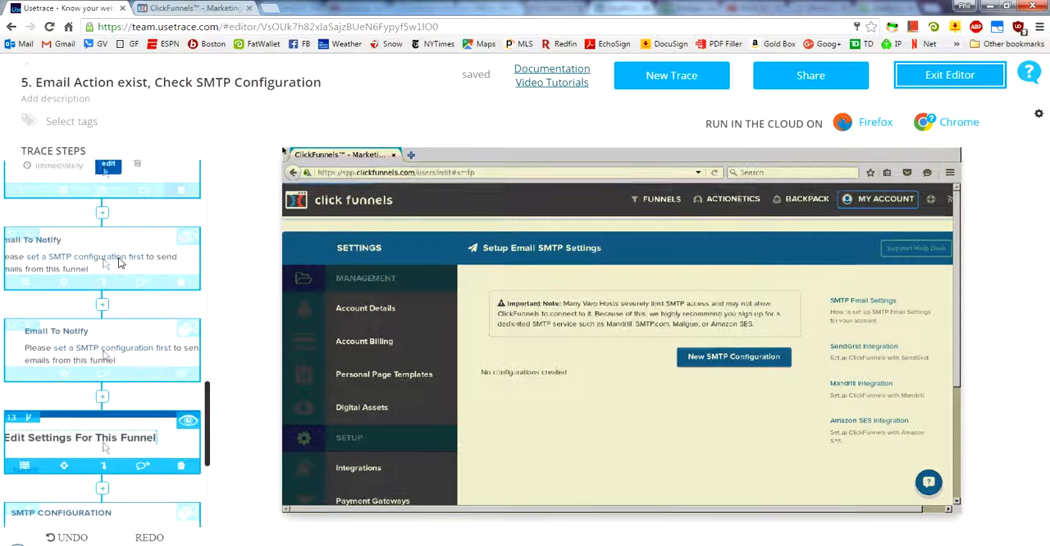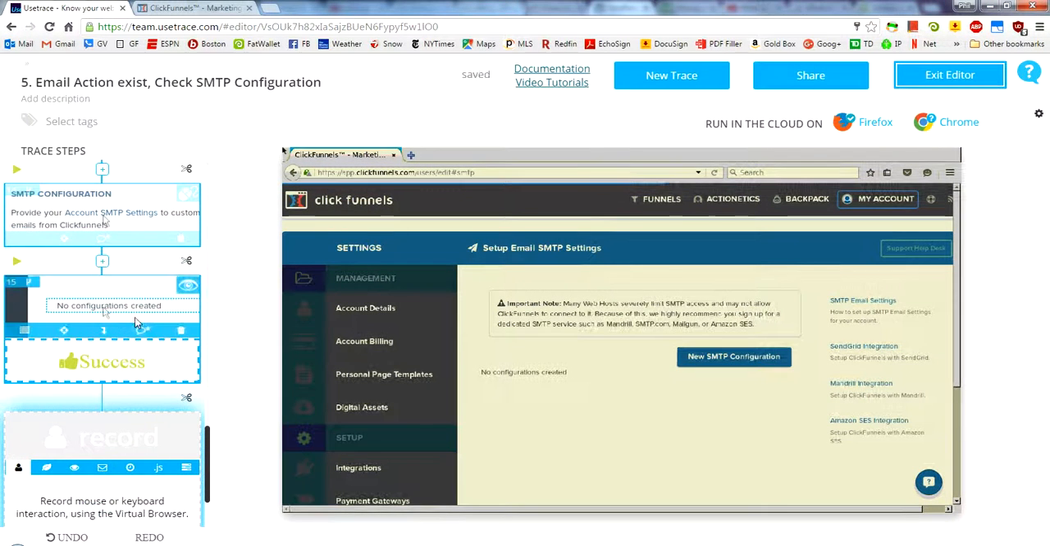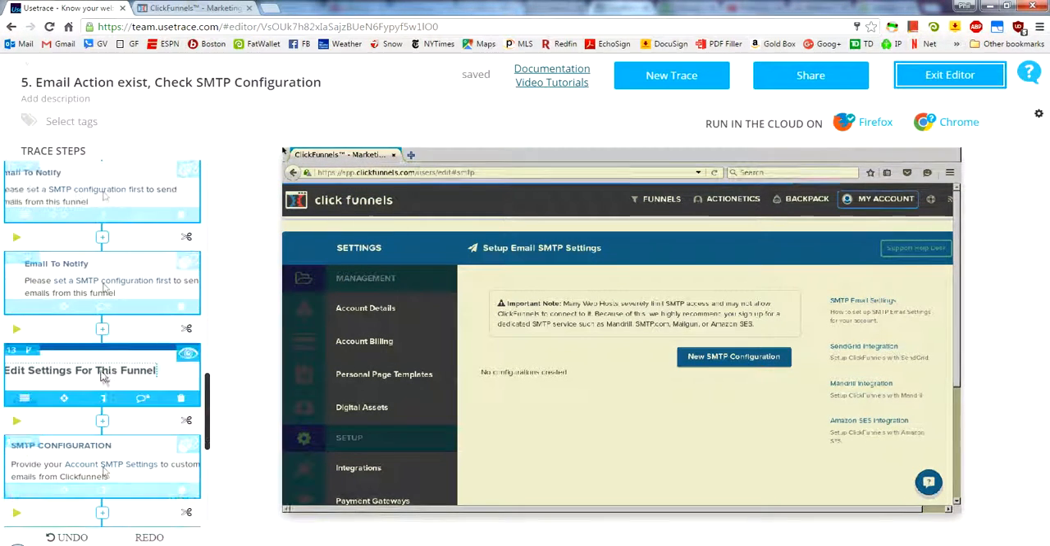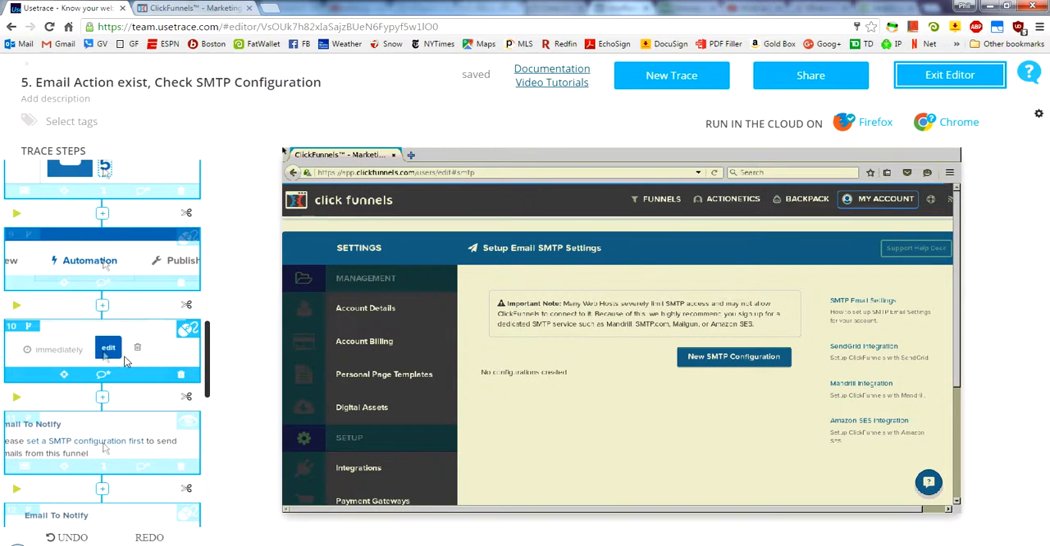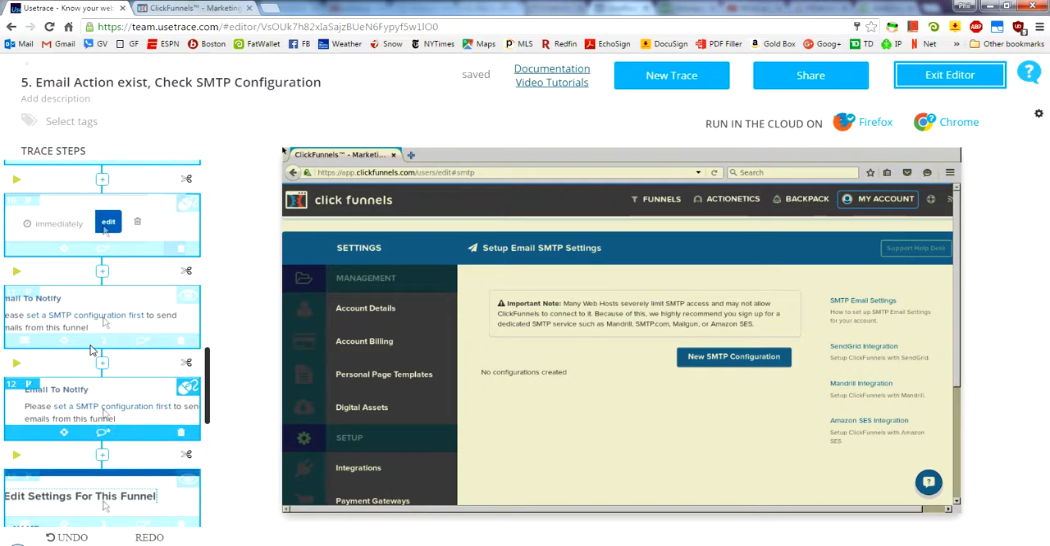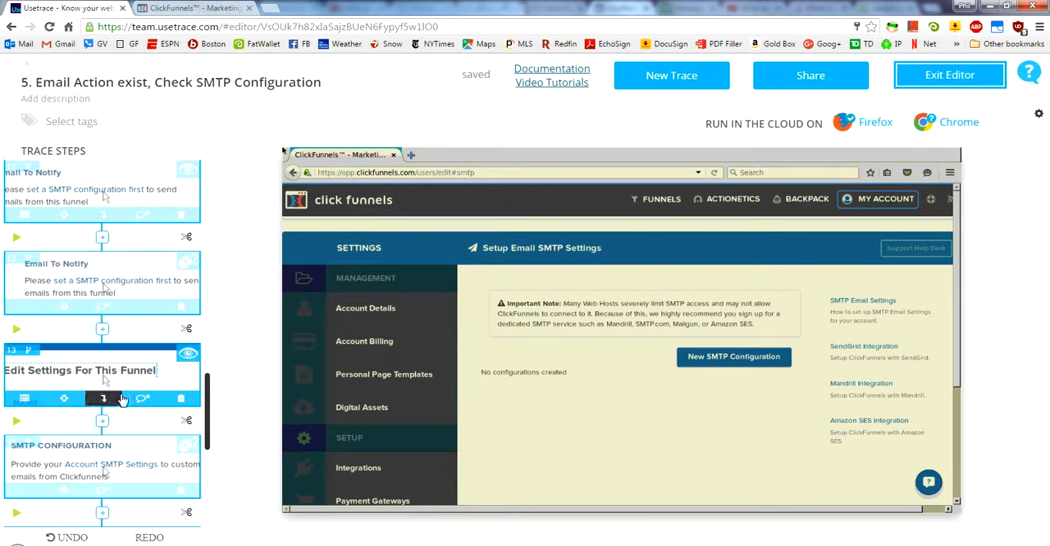And again, I did edit setting. Actually, go up a little bit more. So the user already has an action set up. So we're going to edit, and then I look for the message saying that I have to set up the SMTP configuration first. And when I went into the configuration